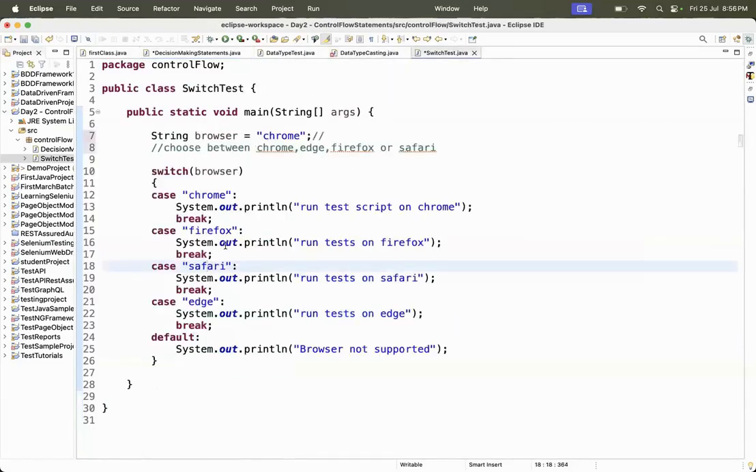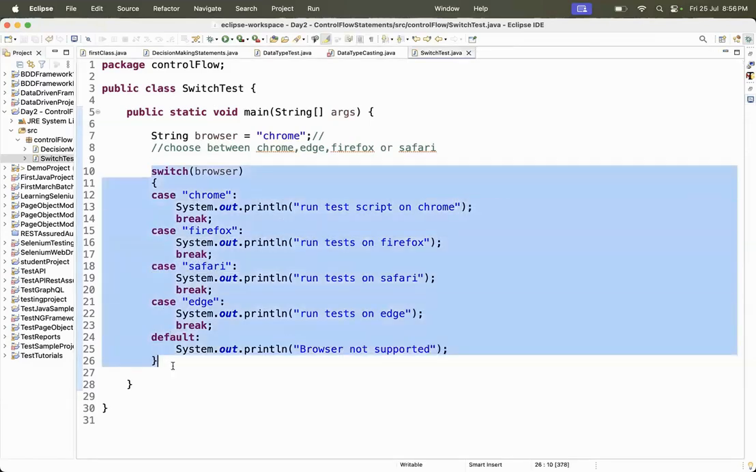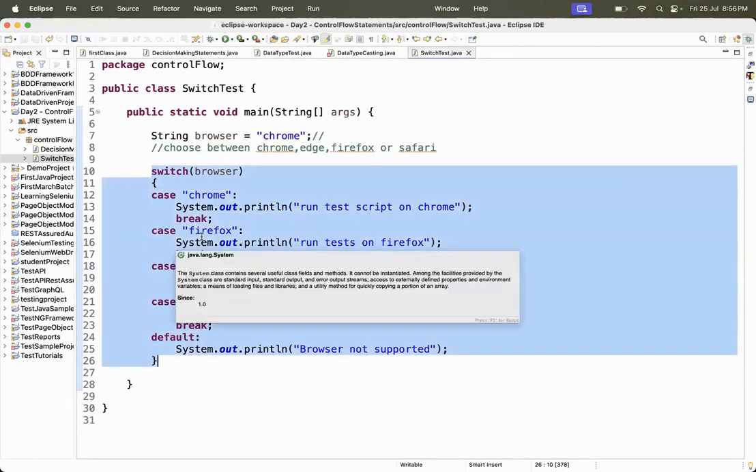One more thing I want to show you. So I ran this switch case, and it is saying run test script on Chrome. So when you are not going to write in this particular syntax, and if you miss something out of it,